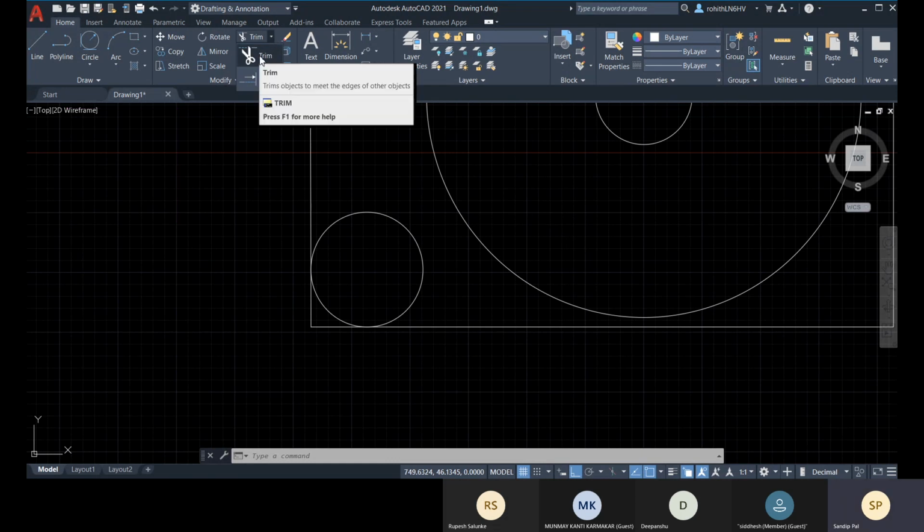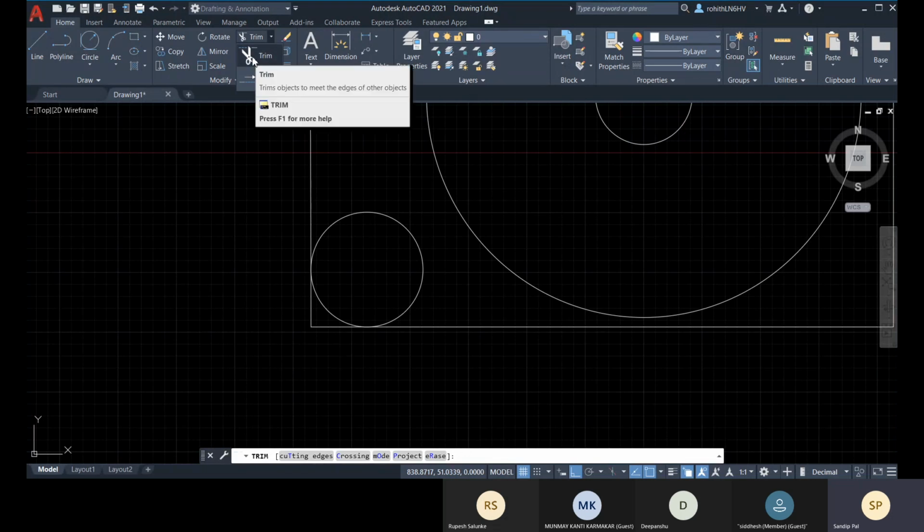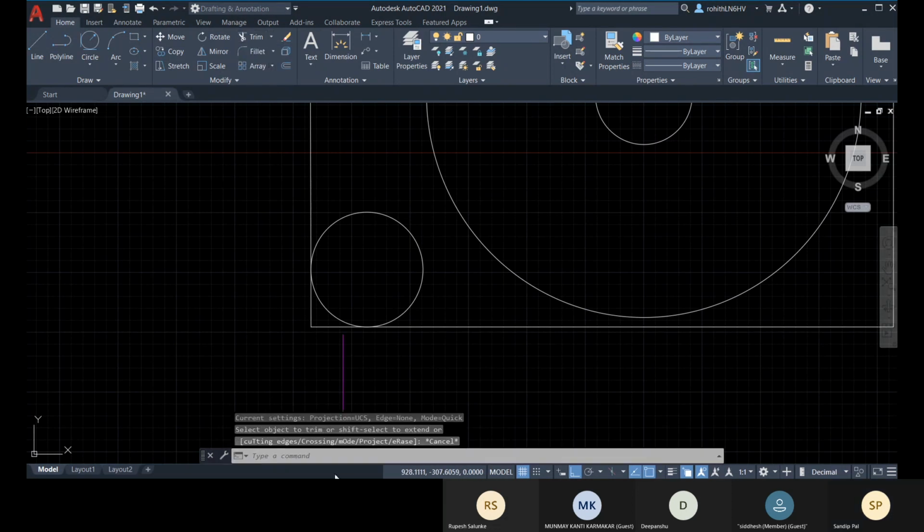For that, we have this trim option available. You can go with the trim. I'm right now using the 2021 version, so I can go with a single click. If you are using an older version, after you click on trim, you have to press enter again, and then you can apply the trim option. You can also activate it with the command.